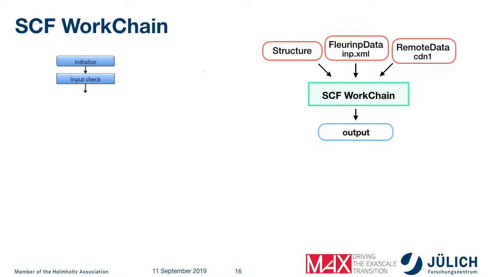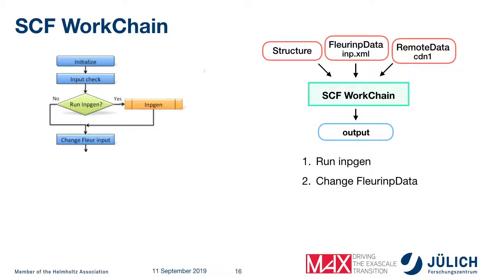And how does it work? First of all, it submits the input generator if it's needed to generate an input for the FLEUR code. Note that this input generator is not always run. It depends on the setup of the inputs. It's not necessary to pass both structure and FLEUR input data to the self-consistent blockchain. You need to just pass structure or FLEUR input data, and it will automatically decide if you need to run the input generator code or not. And then it will apply some modifications to the input.xml because a user can apply them. There is a certain key in the input parameters,